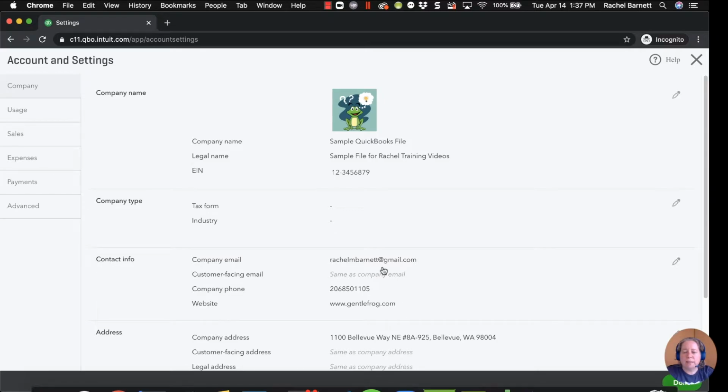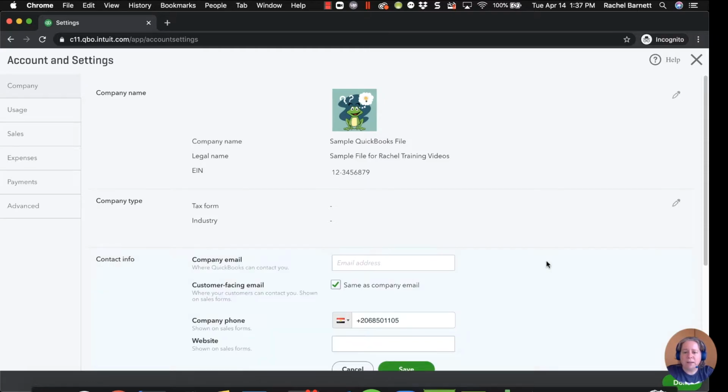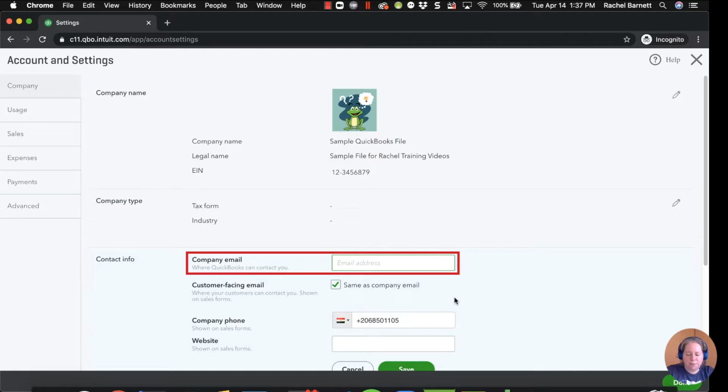What you can see is that this QuickBooks account has my personal email address and not my business email address. I want to change that, much like you might want to change it for your account. On the right-hand side, you can click on the pencil. Clicking on the pencil gives you a chance to change the email address. So the company email, where do you want QuickBooks to send messages to you at? I'm going to say I'd like them to use my business email,